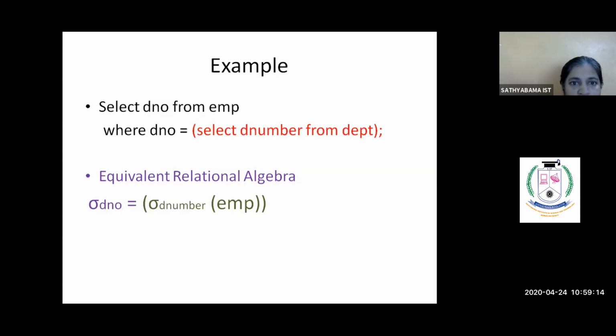Now, as I told you already, this query should be converted into a relational algebra expression. I have given the equivalent relational algebra expression in purple and green color combination. Here the first letter is sigma DNO. This operation we call the select operation. Even here, the inner query, given in green color, will be accessed first. From the employee table, department number would be fetched, and that should be cross-checked with DNO of the EMP table.